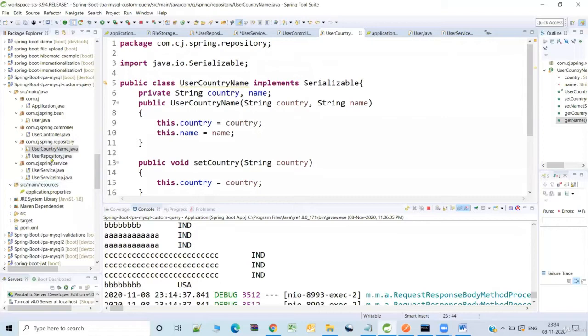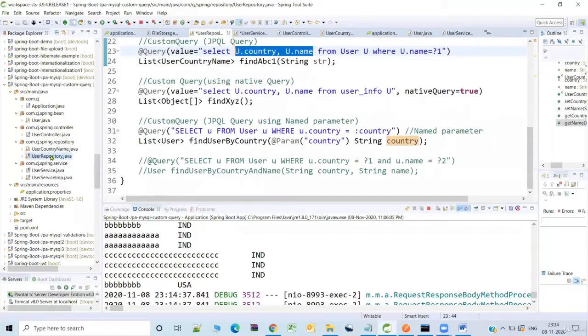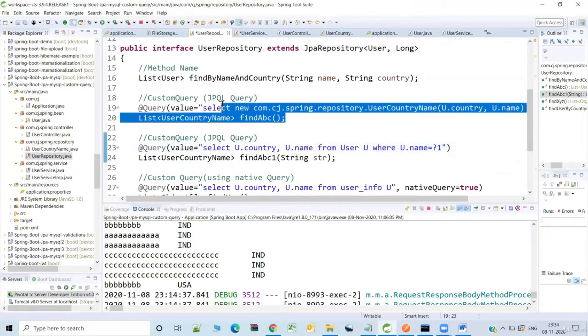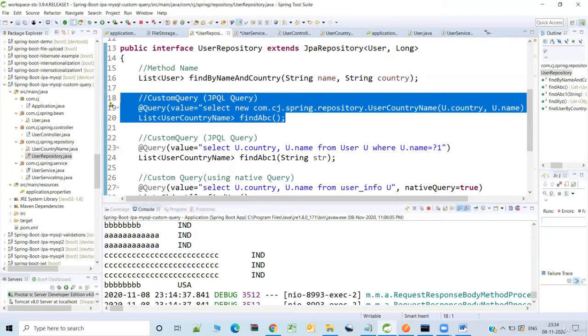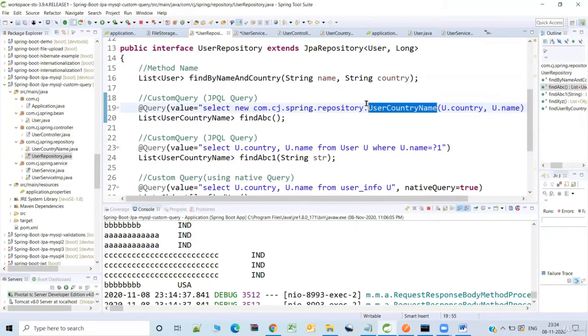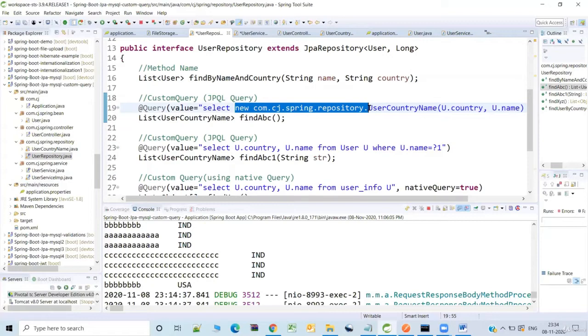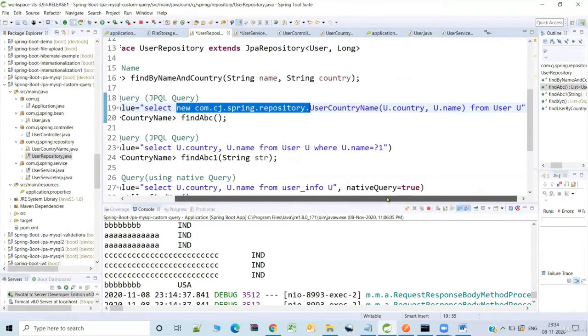Now going back to our repository, I am trying to do the same thing even here as well. But I try to slightly elaborate the POJO class name. Basically, I use the POJO class name here, and I also try to specify the appropriate package to refer to the class name.